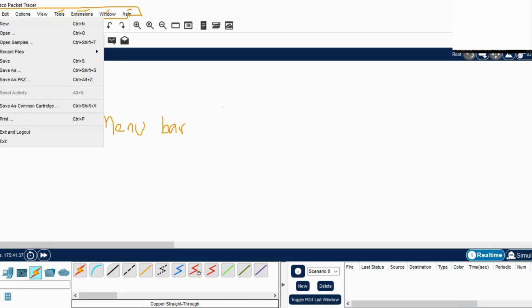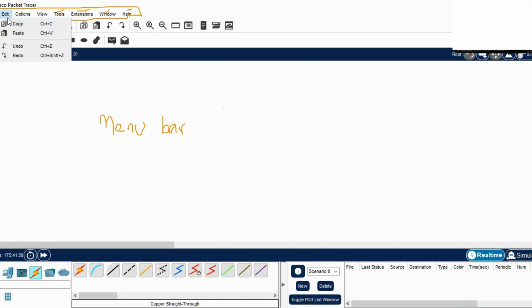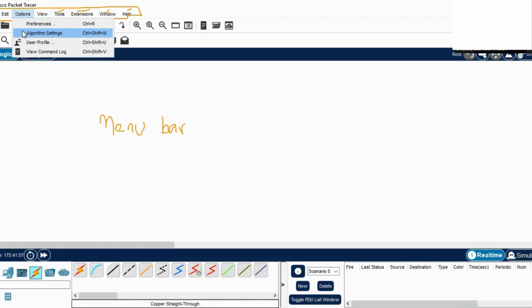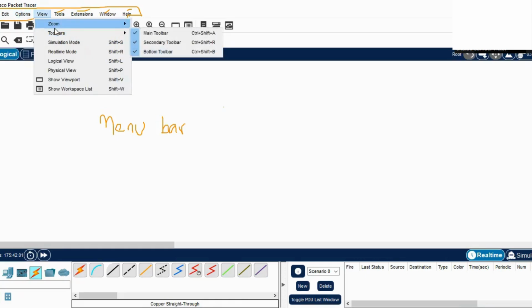Under file, you have tools that help you create new projects, open existing projects, open sample projects, recent files, save, print, and exit as well. Under edit, you have copy, paste, undo, and redo. Under options, you have algorithm settings, user profile, and command logs. Under the view options, you have different view